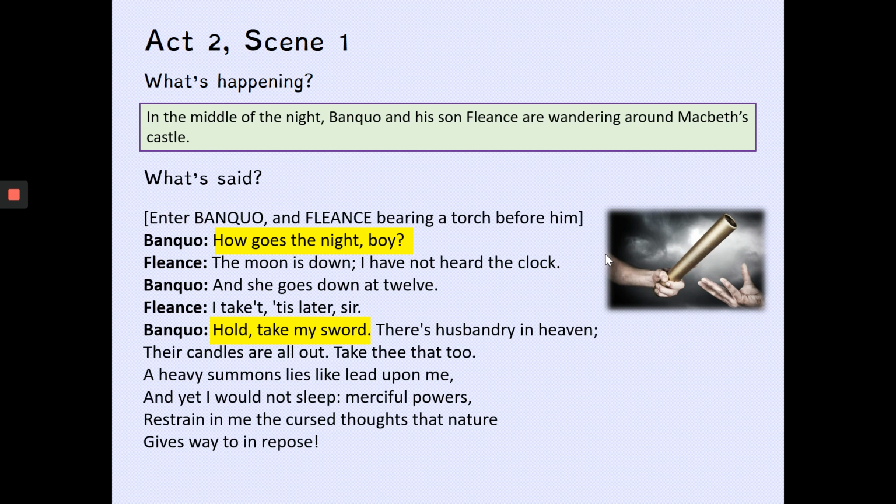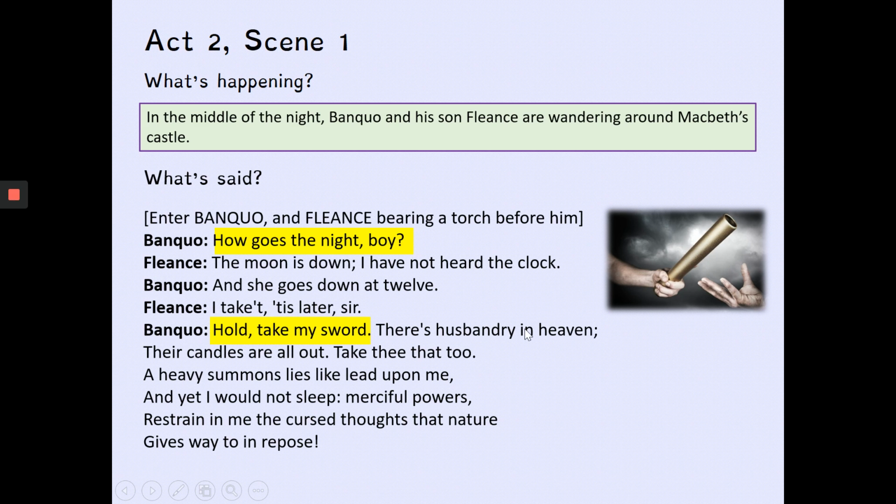Now, they're being very respectful of each other. They have a quite formal relationship, if you like. But Banquo certainly feels responsibility to look after his son. So when he says, "Hold, take my sword," we've got this image here that he knows he's going to be passing some sort of baton over to Fleance. Now, that's not like they're doing the 4x100 in the Olympics. It's more to do with the fact that Banquo knows that Fleance is the one who's going to become king eventually. So when Banquo says, "Hold my sword," he's passing that legacy or that power onto